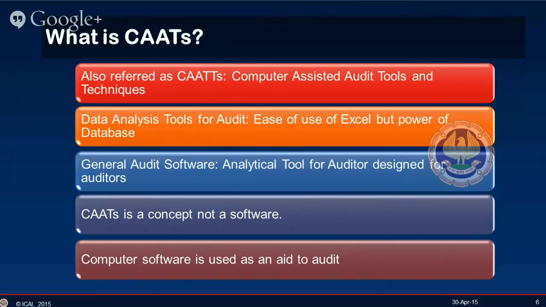Data is science because the processing of data is done by the computers, and computers process data in a systematic and scientific way, whereas the analysis which is done by the chartered accountant or by the user is an art, because depending on the need of the situation, you should know how to analyze the data. If you have to summarize data analysis tools in one sentence, you can say they have the ease of use